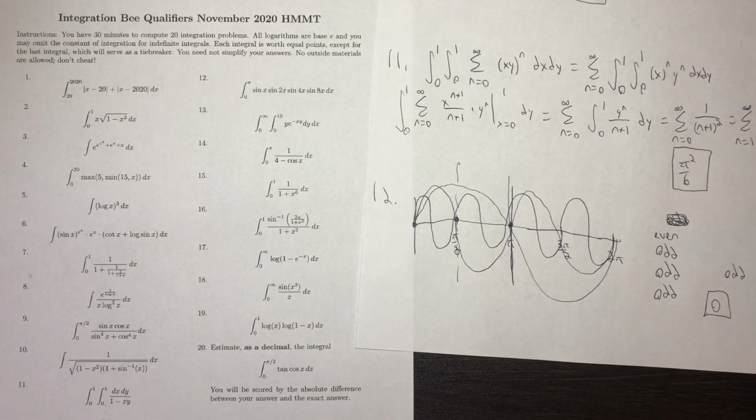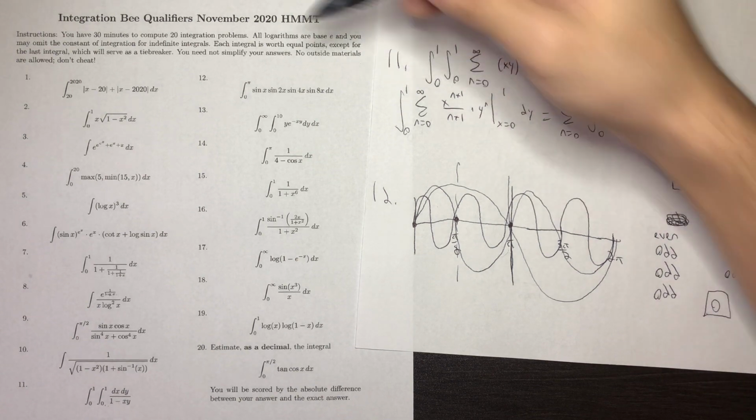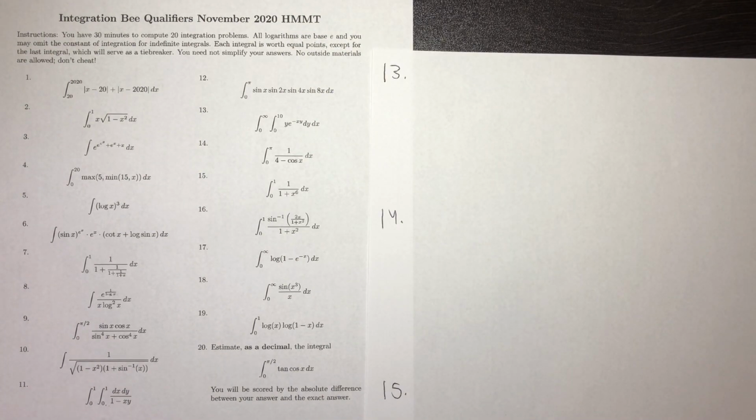Now, it would take some creativity to see why it's going to be odd about pi over 2, but if you wanted to prove this rigorously, all you need to do is shift this pi over 2 units to one side. Moving on to question 13, we have another double integral from 0 to infinity, from 0 to 10,